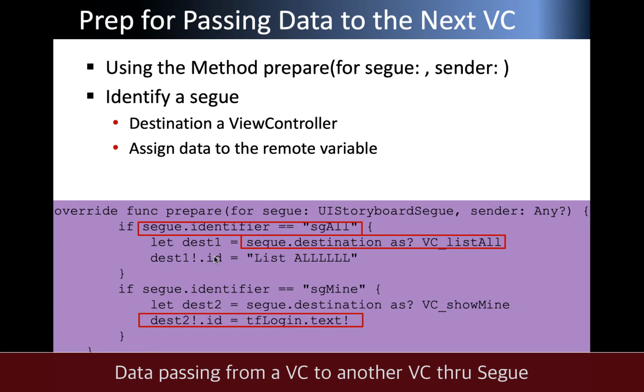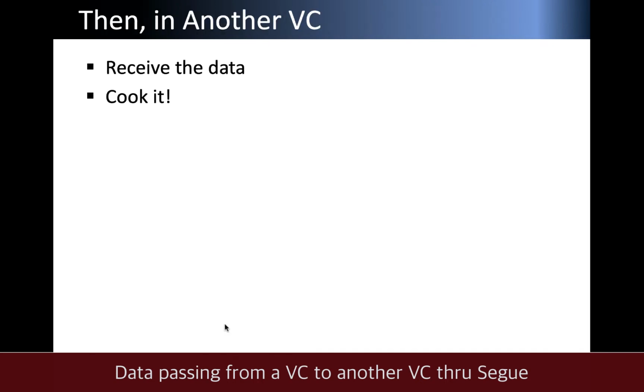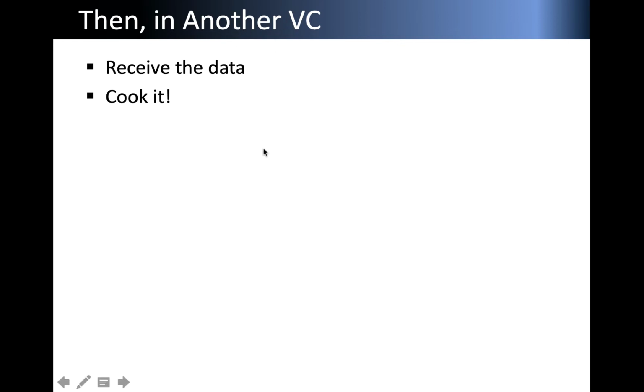That variable holds the data that is sent from this main view controller. If I say list all, or if I want to send the login ID, then from there we need to use it. This is the receiver view controller. So with that in mind,